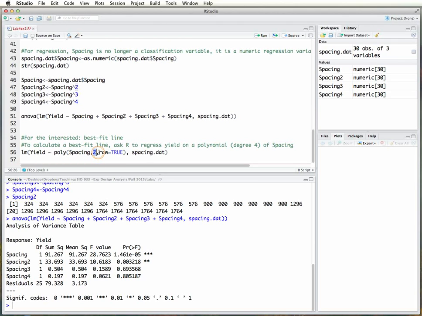It's an order 2, and this raw equals true is what you would use in order to get estimates of what those coefficients actually are. Your other option here is raw equals false, in which you would be given orthogonal polynomials, but translating those into what the actual coefficients are for the best fit line is a little less straightforward. So spacing 2, raw equals true, and it's the same data set, spacing.dat. And if we run this,